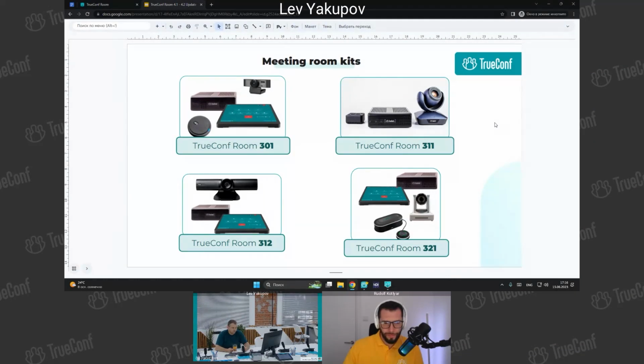We don't have any specific requirements for the peripherals, so you can use whatever you have with TrueConf Room to enable your conference room with video conference capabilities. Of course, it is better to use some professional equipment like Logitech bars or Yamaha speakerphones. But if you don't have the budget or the equipment, it's also okay to